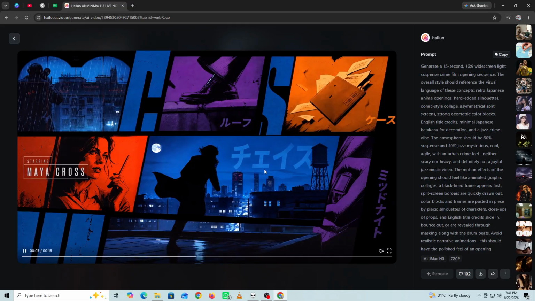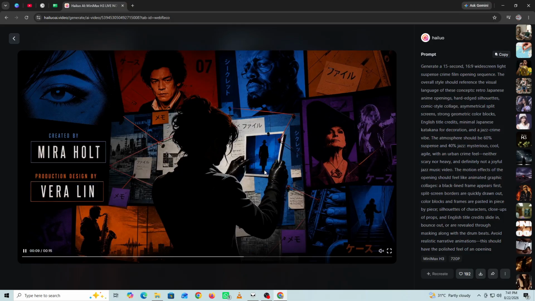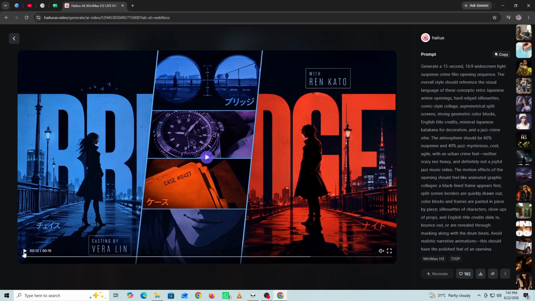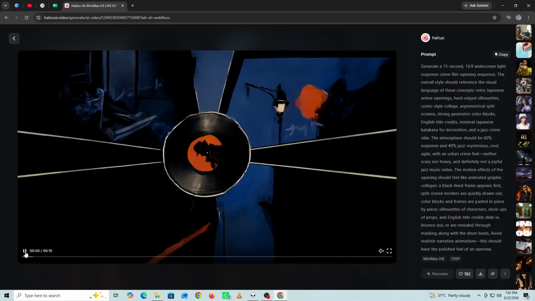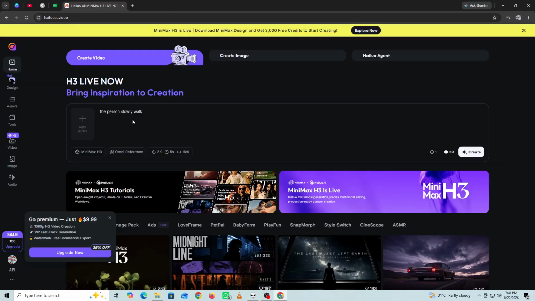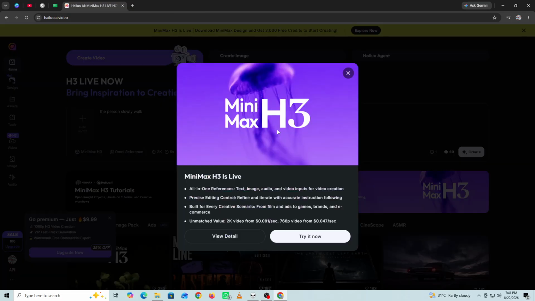If the animation doesn't look the way you expected, modify your prompt. You can try simpler movements, such as slow camera zooms, gentle head movement, walking, wind effects, or subtle environmental motion. Once you're satisfied with the result, use the available save or download option to keep